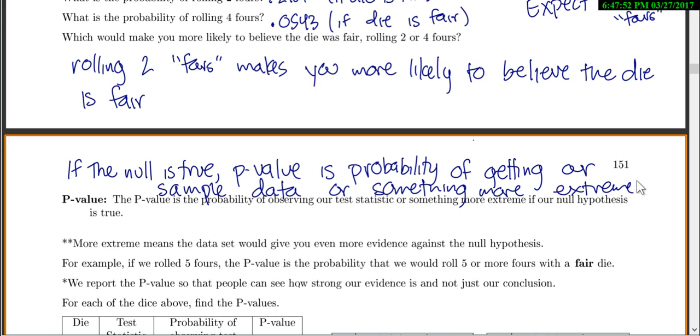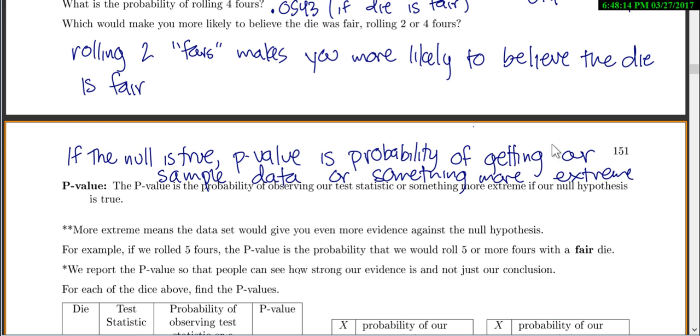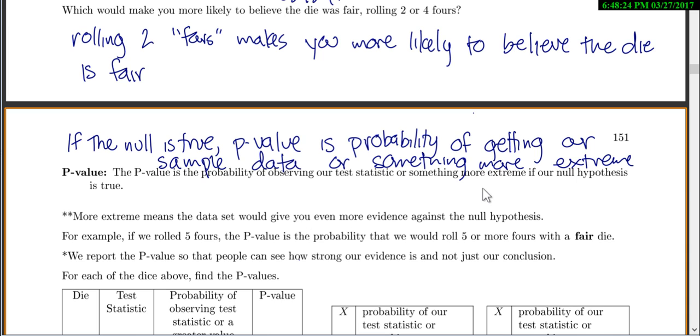So if you are looking through all of your homework, or especially on the exam, because these kinds of things are on the exam, and you see a definition that doesn't look this long and complicated, you know it's going to be false. And this is one of the most common misconceptions in statistics: people write down the wrong definition of a p-value, or they interpret it incorrectly. Okay, so it's truly, if the null is true, what's the probability of getting our sample data or something more extreme? Now, when we say more extreme, we mean our data set would give us even more evidence against the null hypothesis. So extreme is always against the null hypothesis, the unlikely things.